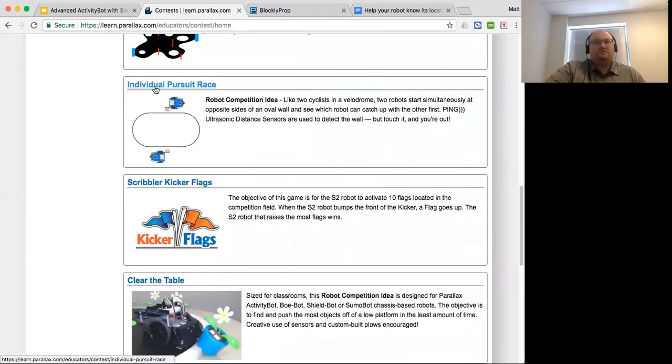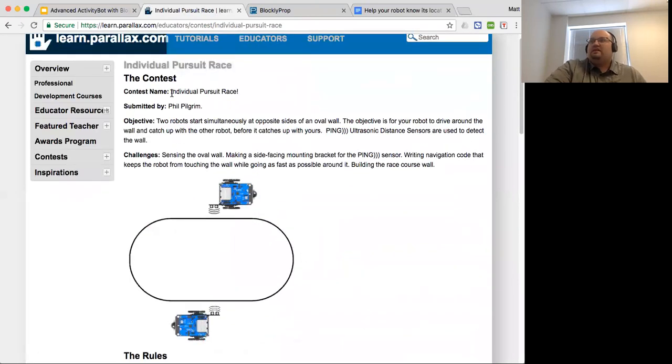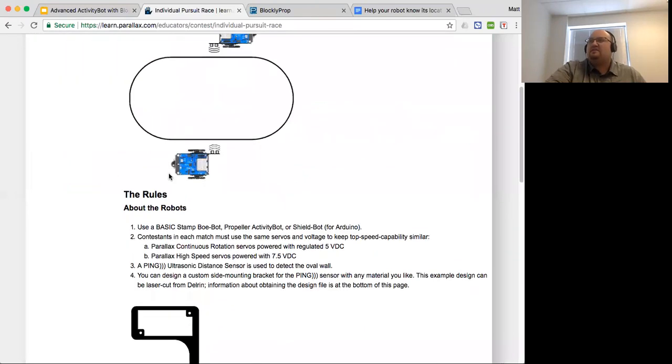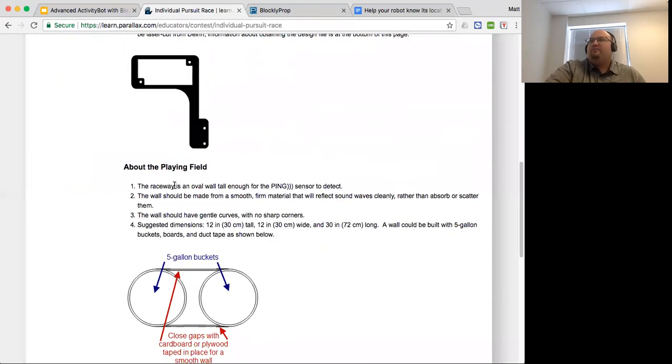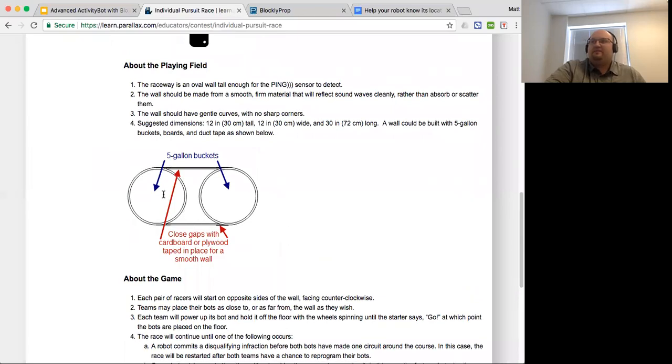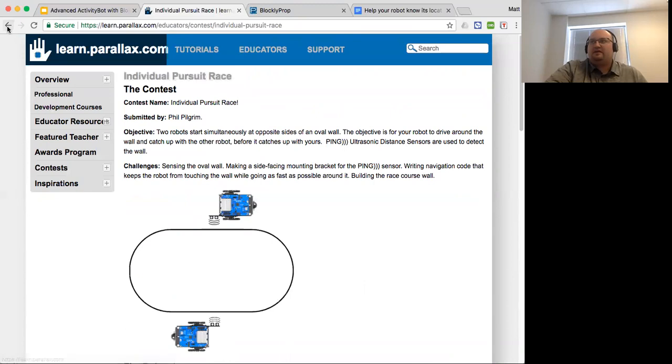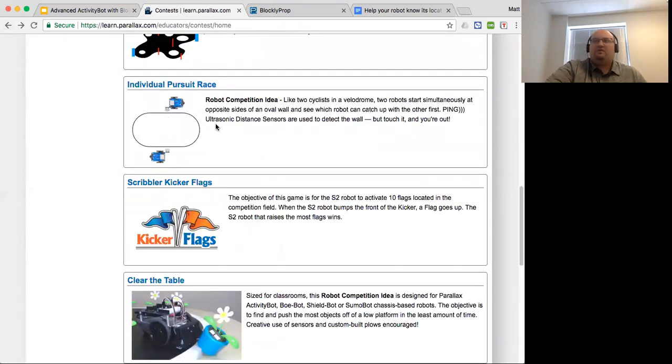This individual pursuit race is one that basically you can use what's in the kit. I've talked to a couple of teachers that have kind of fashioned a bracket out of cardboard for this to work. But when you click into these, you'll see kind of the name of the contest, who submitted it, kind of what the objective of it is, and then the challenges, and then how to set it up, about the game. And so they're basically just rules, like little competitions that you can set up within your own classroom,